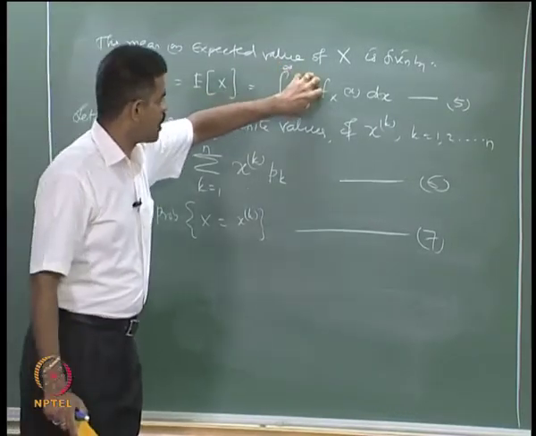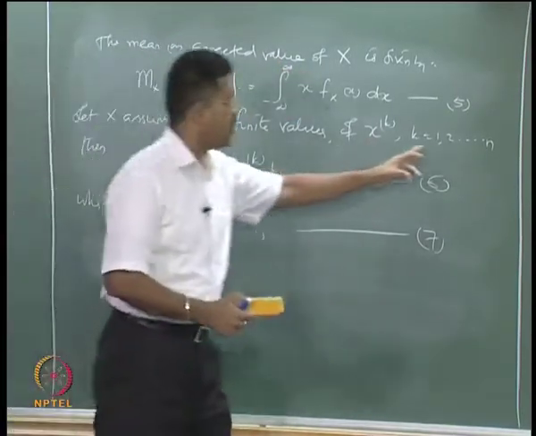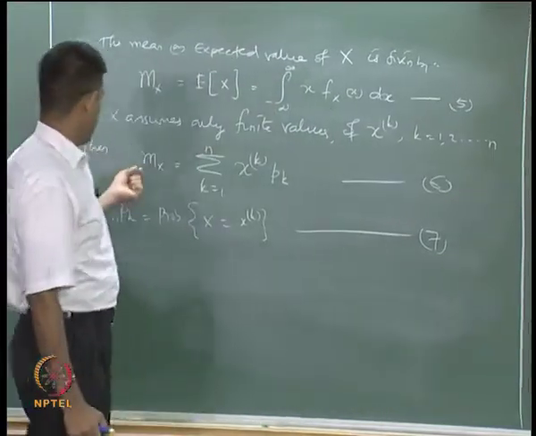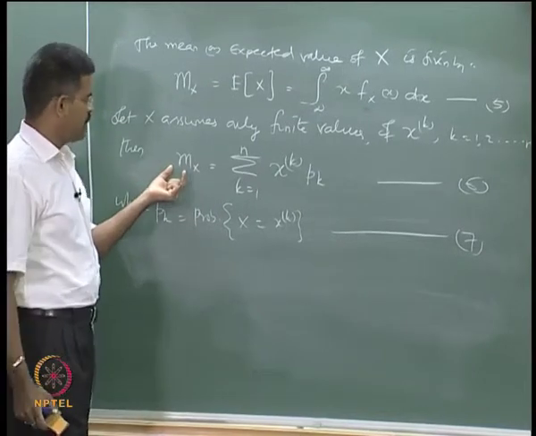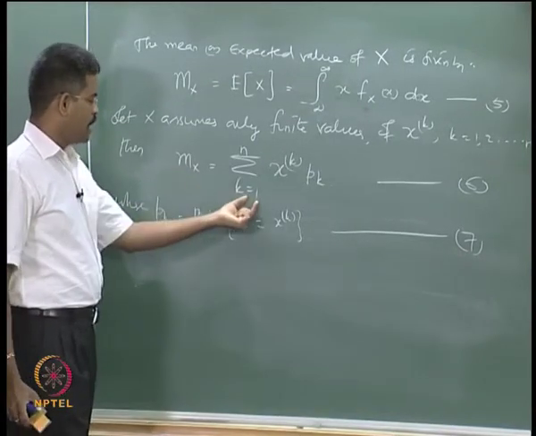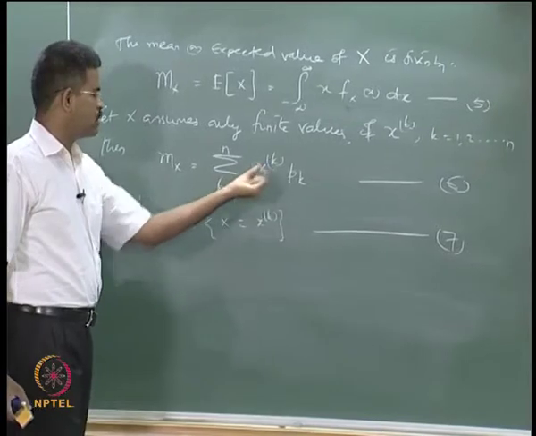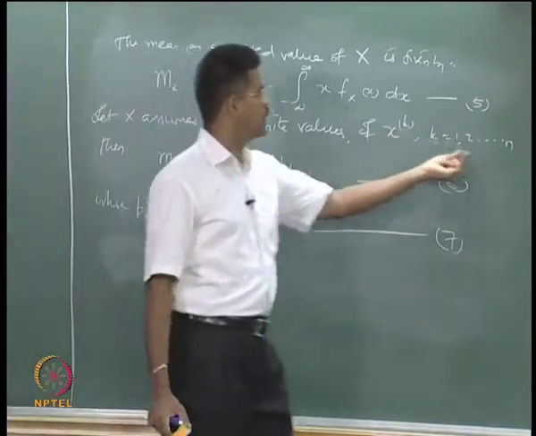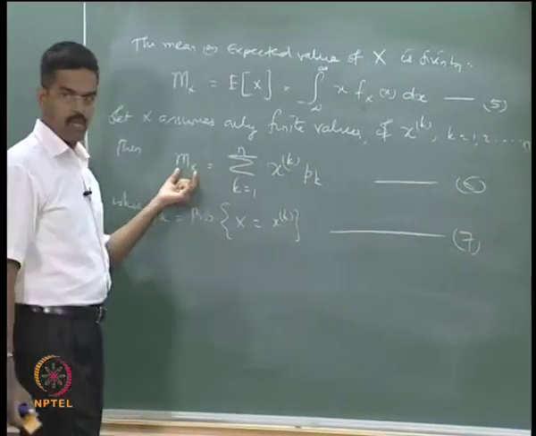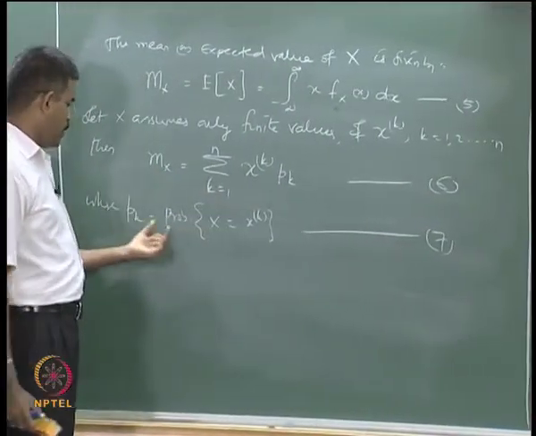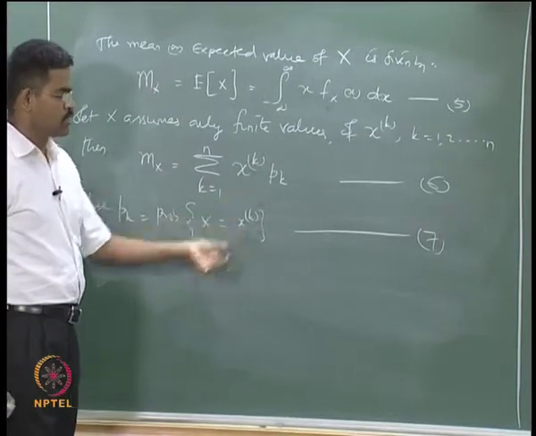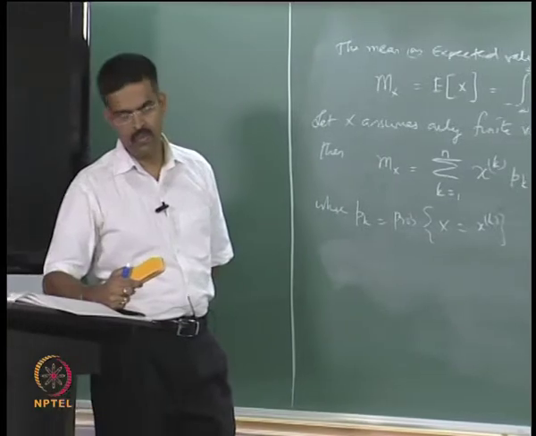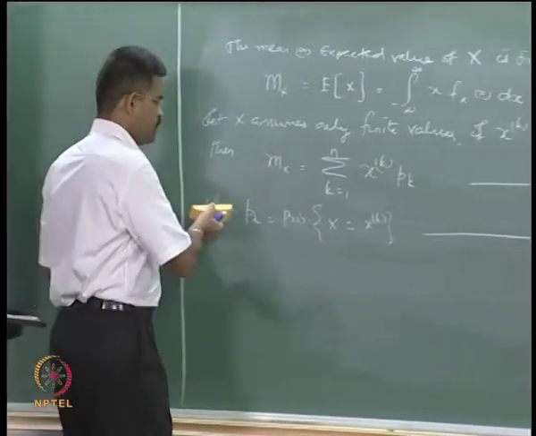But if x is going to take only a realized value of finite number from 1 to n, not infinity, then I can still find m of x or mean value, varying k from 1 to n, where k is the value now taking the assigned realization of x for a fixed value of 1 to n, which is given by this equation, where pk is nothing but the probability of x being equal to x1, x2, x3, x4, x5, etc. till n. Alternatively, any questions here?